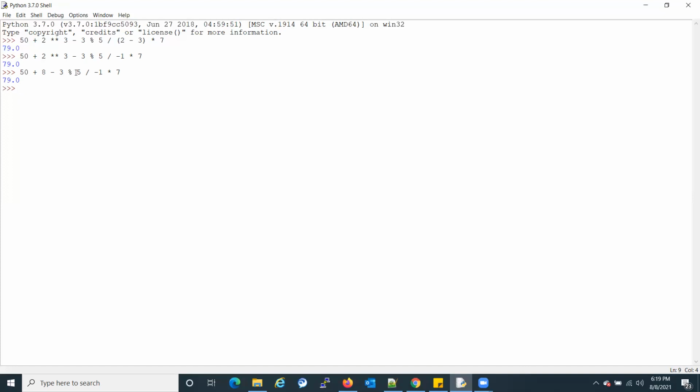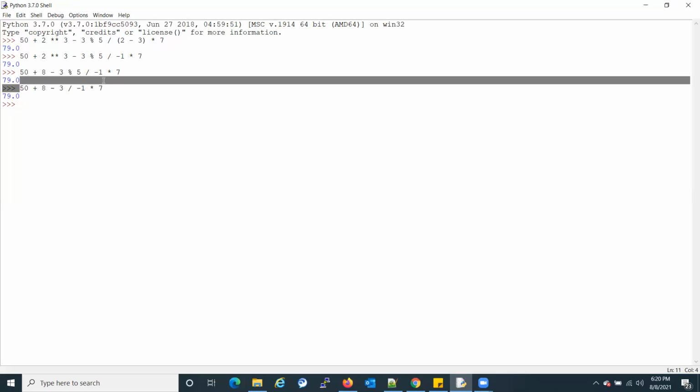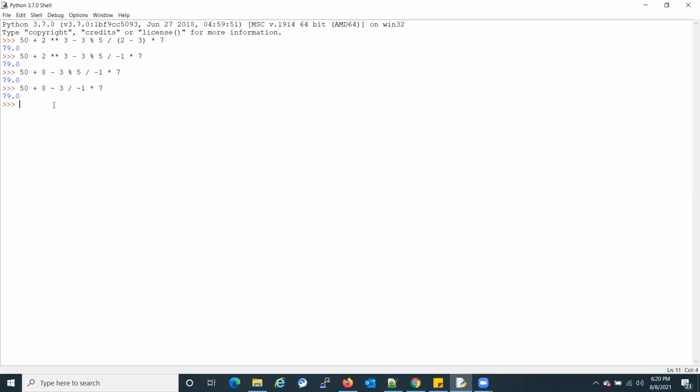That means it will execute this expression first, then this division part, then the multiplication part. So let me copy these things. 3 modulo 5 will return us 3. Enter, 79.